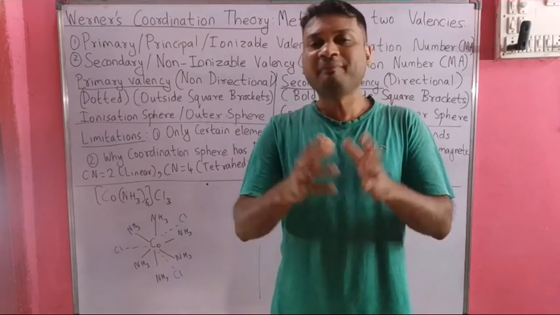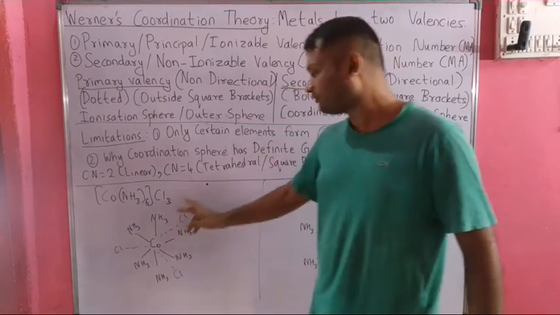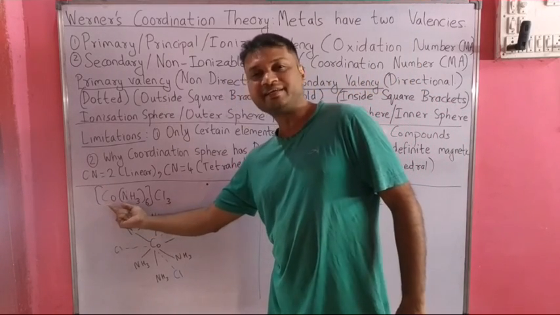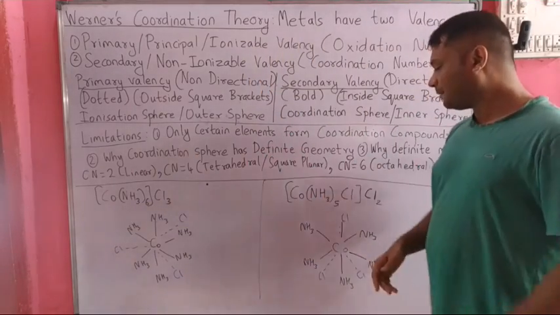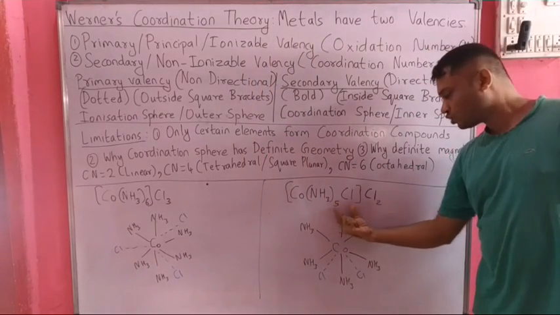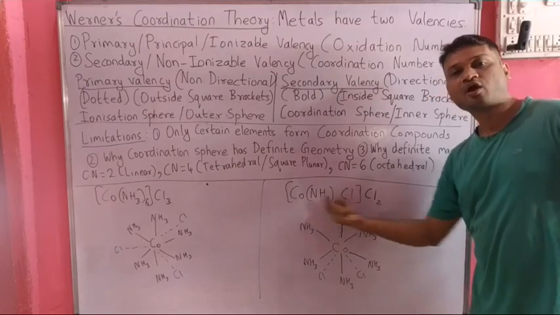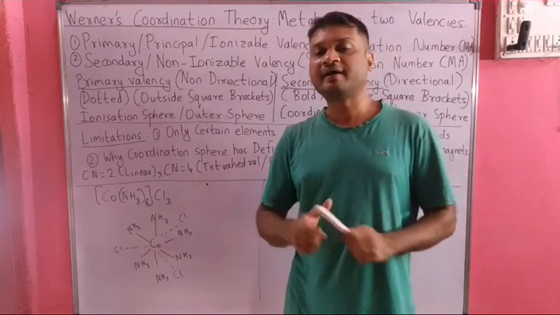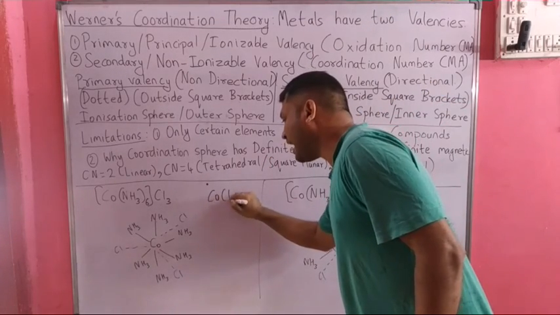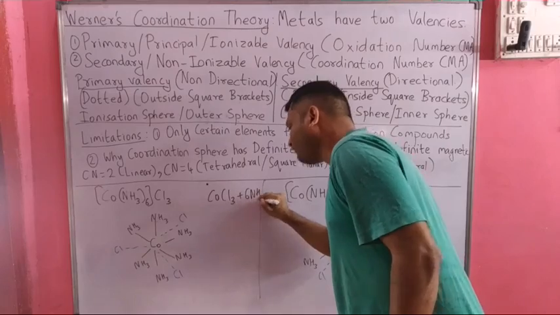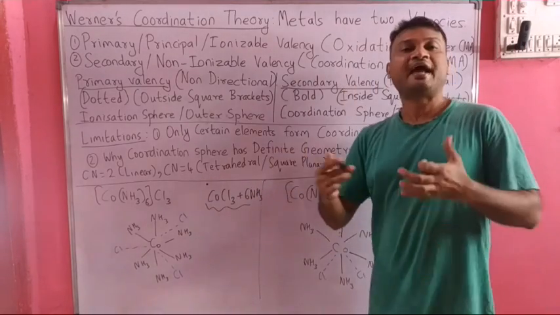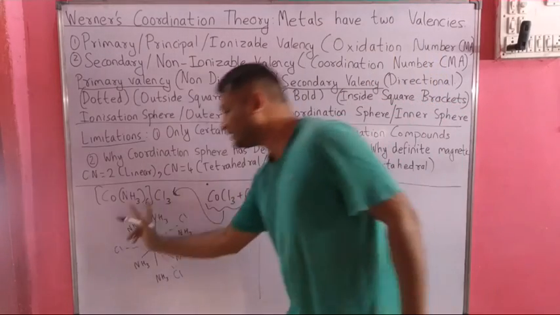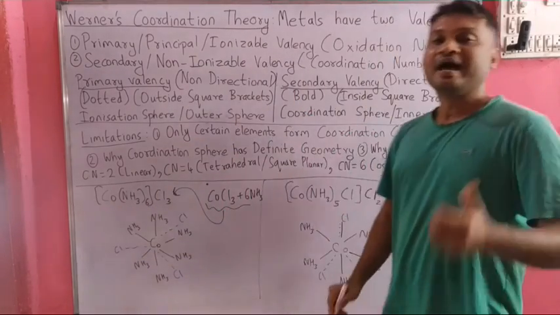Werner, by his experiments, formed various coordination compounds like what we have shown here. This is hexaamine cobalt 3 chloride, and another compound which is pentaamine chloro cobalt 3 chloride. These compounds were produced in the laboratory by Werner by taking cobalt chloride and reacting it with 6 moles of ammonia. Cobalt chloride on reacting with 6 moles of ammonia formed this coordination compound, which is hexaamine cobalt 3 chloride,